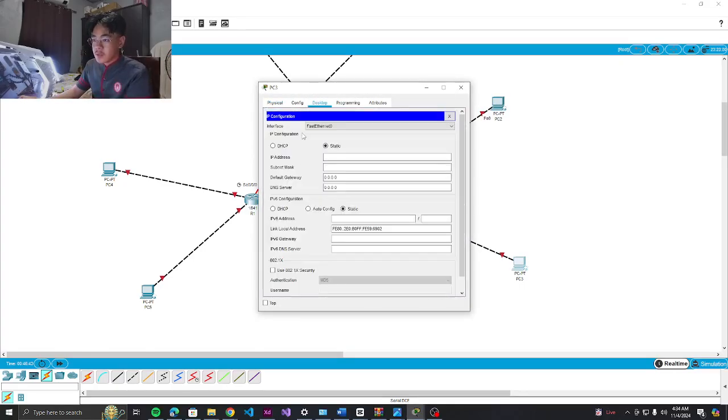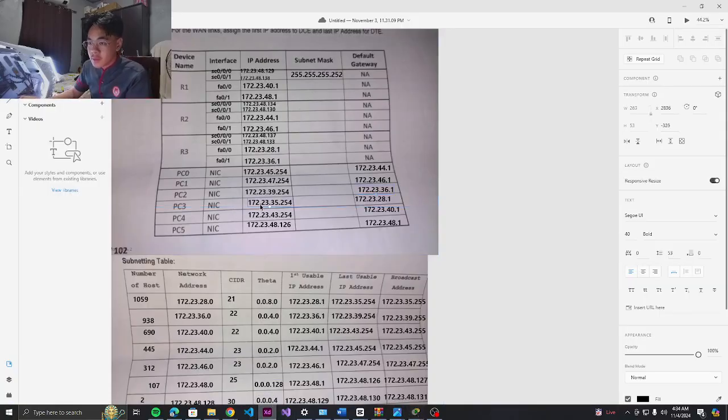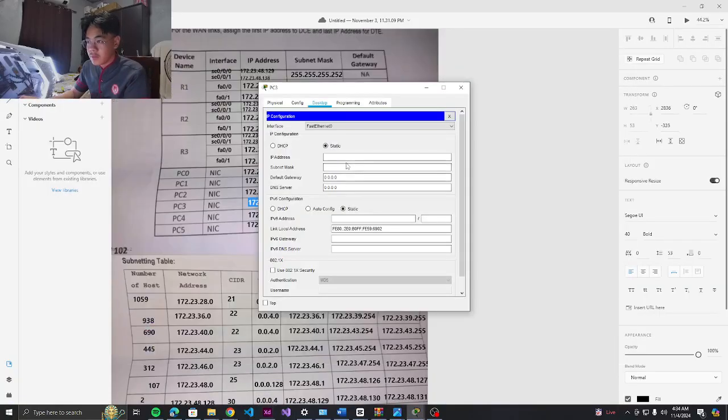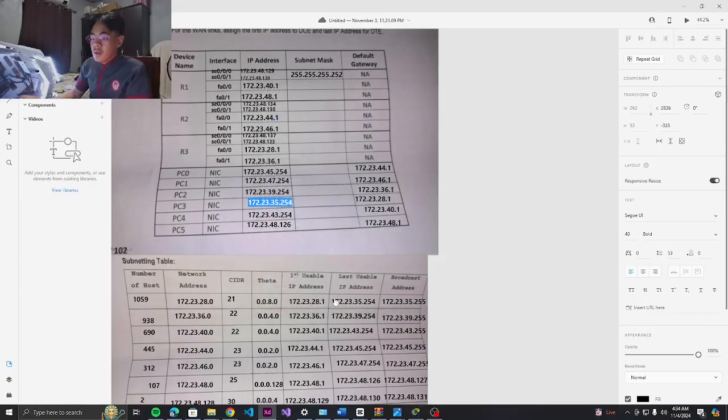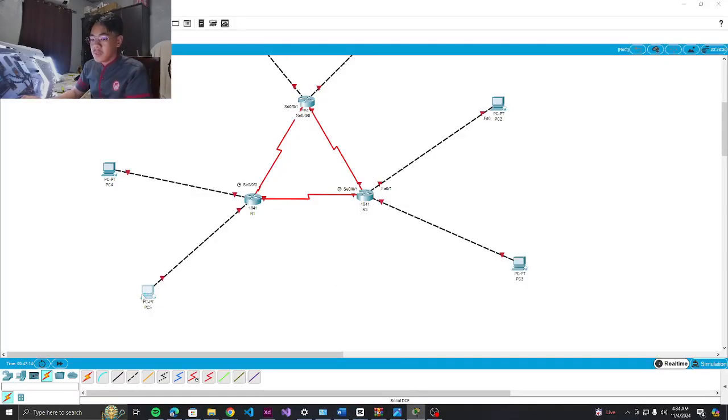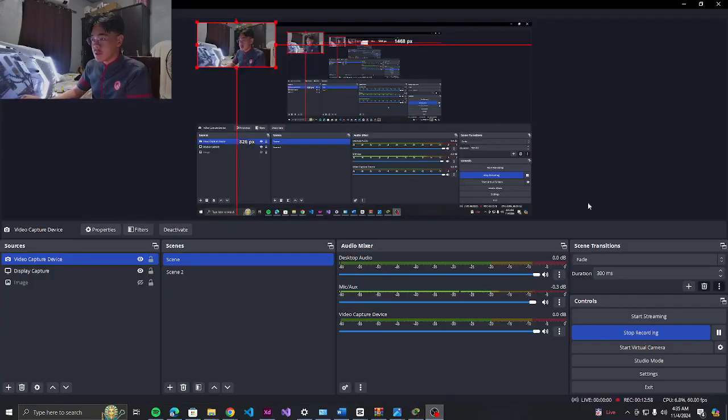So PC3, for our PC3 we have 35.254. And then the subnet mask for the PC3 is 248.0. Okay, perfect. And then for our PC5, I think it's already filled up. Okay, tama. So the next step that we will do here is, of course, wait, hindi ko pa pala nasulat